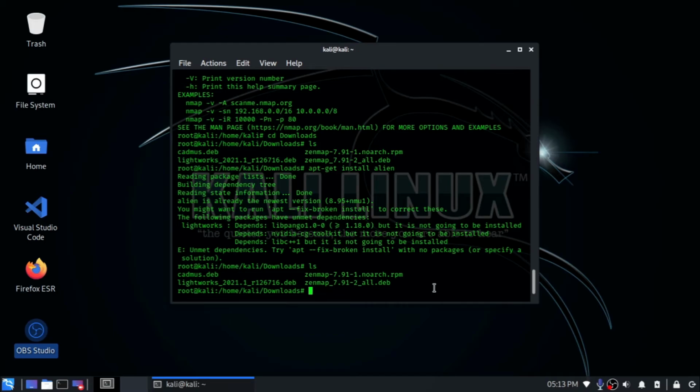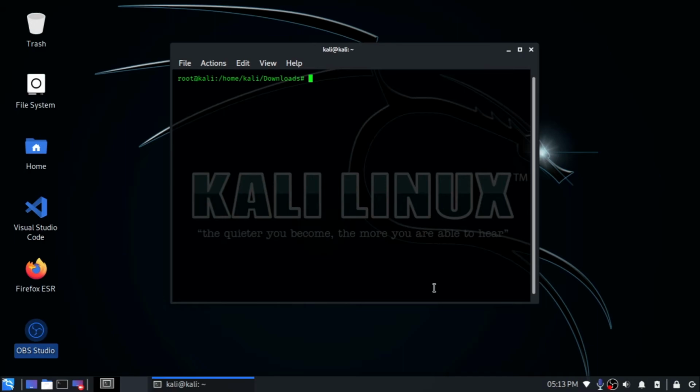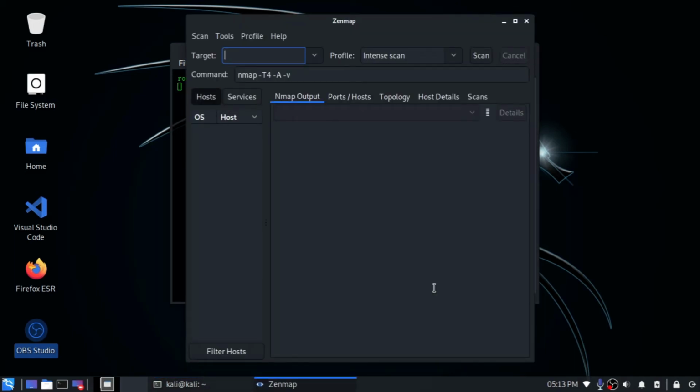After ZenMap is installed, now we are ready to run it. To run it from the terminal, we just need to type ZenMap and hit enter. As you can see, after I hit enter, a graphical user interface has now popped up. Basically ZenMap runs Nmap only in the background, but it's easier to use because you just need to specify the target here. Target means the IP address you want to scan or the range of IP addresses, and then select a profile according to what information you want to gather.